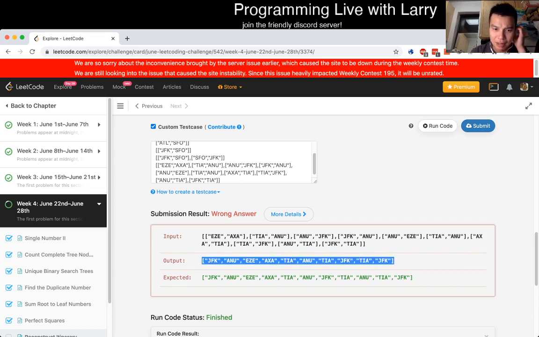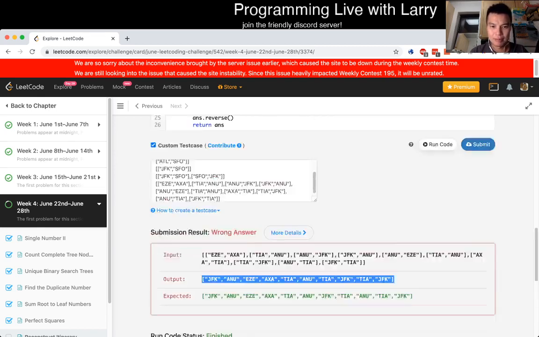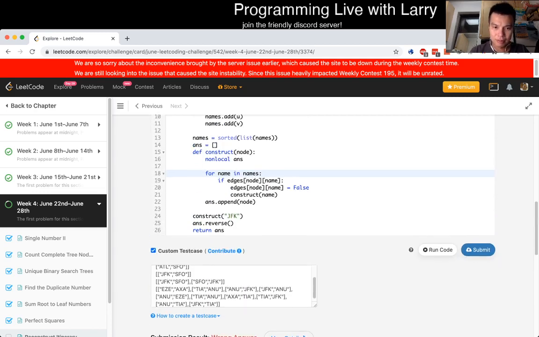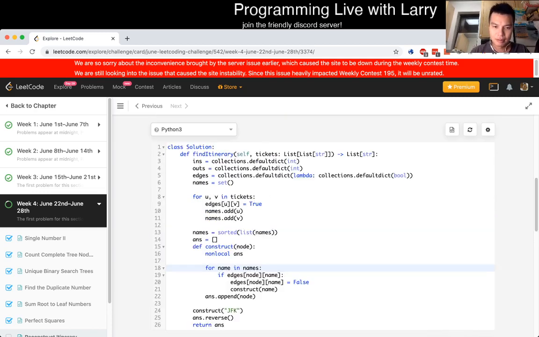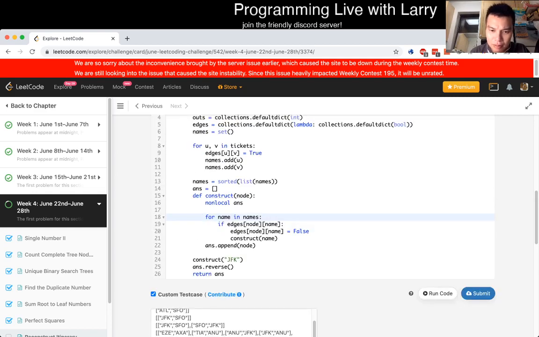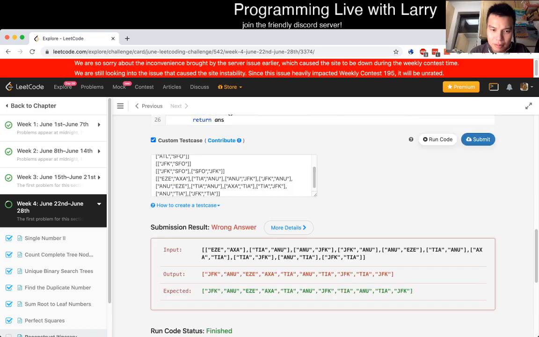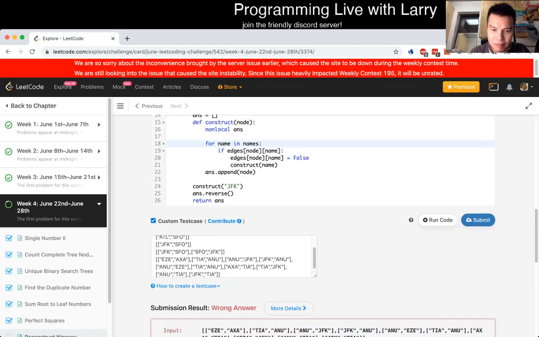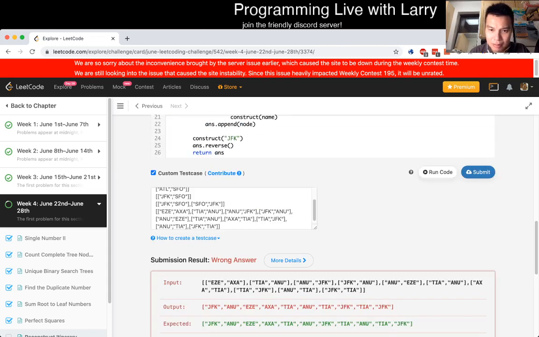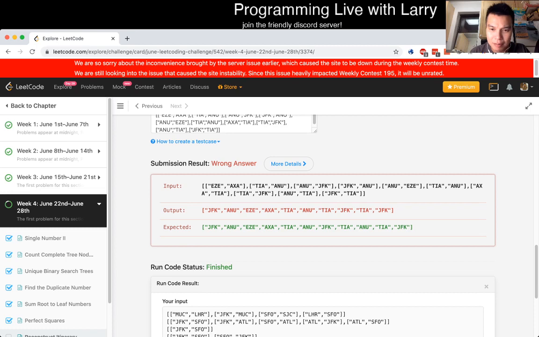There's definitely something off. But also it's just doing something weird, because this shouldn't be true the second time, the tier to TIA to JFK, because that should not be a path that is possible.